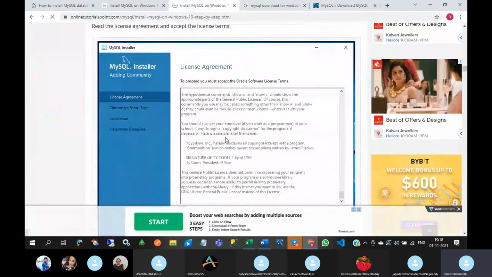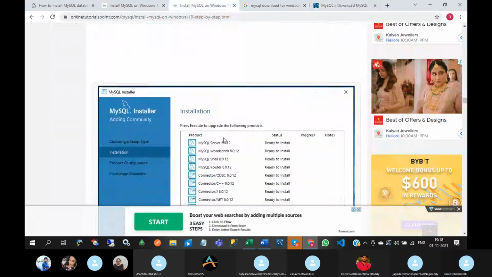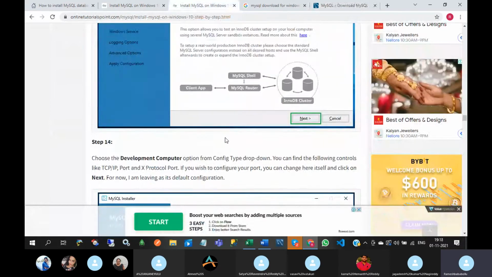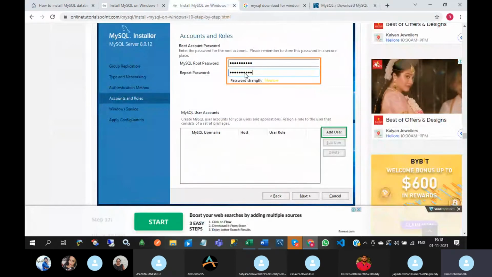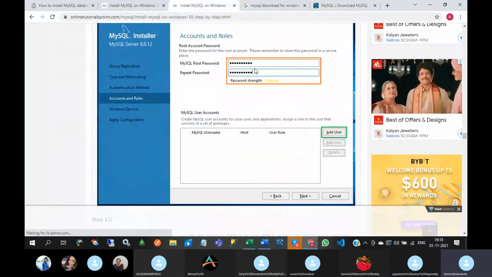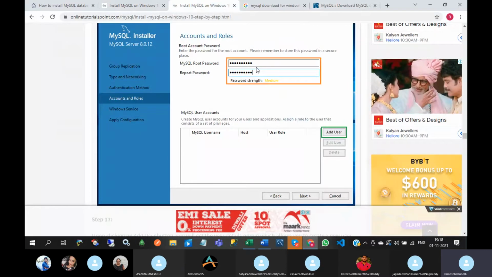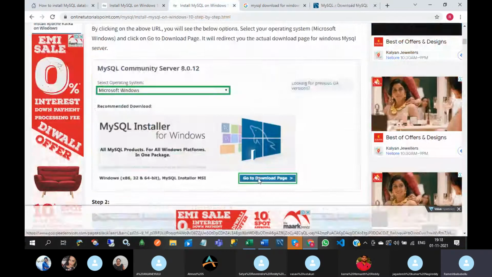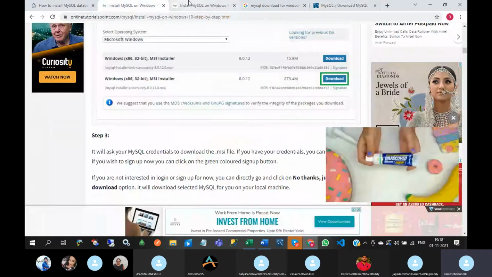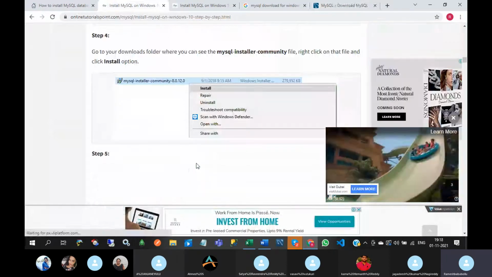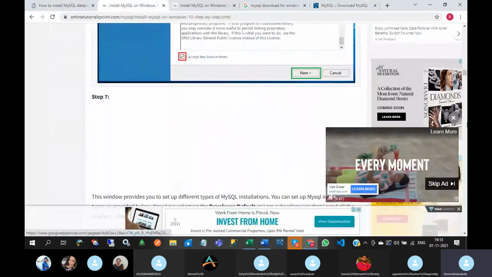You can easily install MySQL in your system. Just click on the next button, but be careful while giving the root password. If you forget this password, then you will not be able to log in to MySQL. So please remember the password you have entered. I will share these two links, and by following these procedure steps, you can easily download and install MySQL.